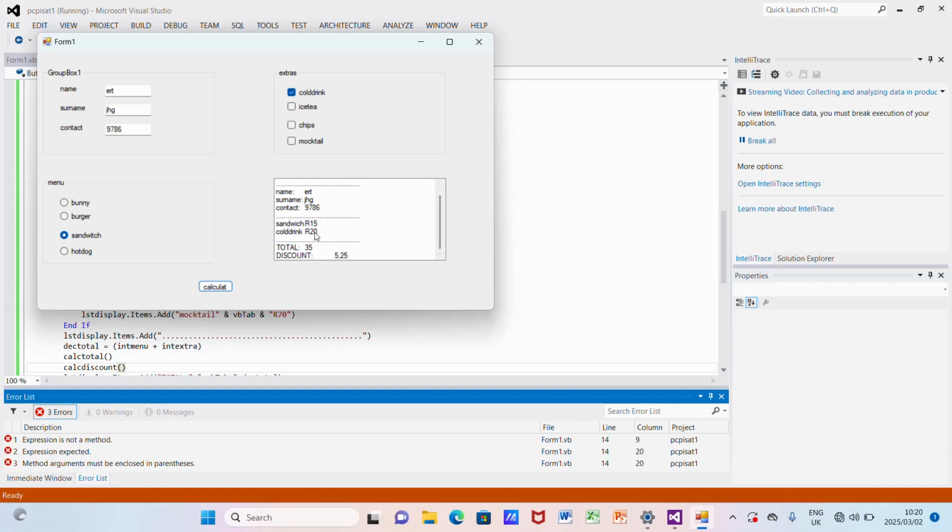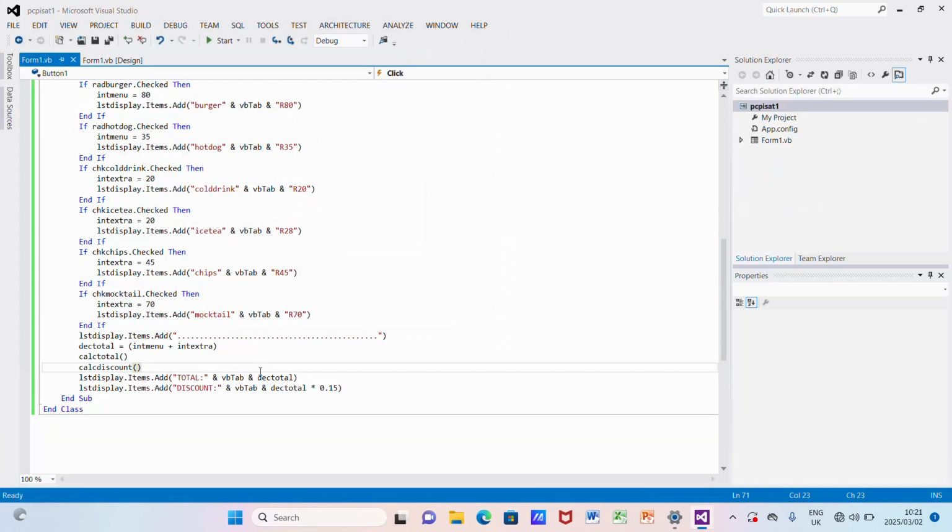Sandwich and cold drink, 15 rand and 20 rand. Total 25 rand. Discount is going to be 5.25. So then it must go and deduct this 5 rand 25 from here and then show the total after the discount it took. No, it calculated the discount properly. It told us the exact amount of discount we're going to get, but it must withdraw this discount from the total and tell us how much a person is going to pay after the discount. And also here, the total and the discount are supposed to be in rands, and then